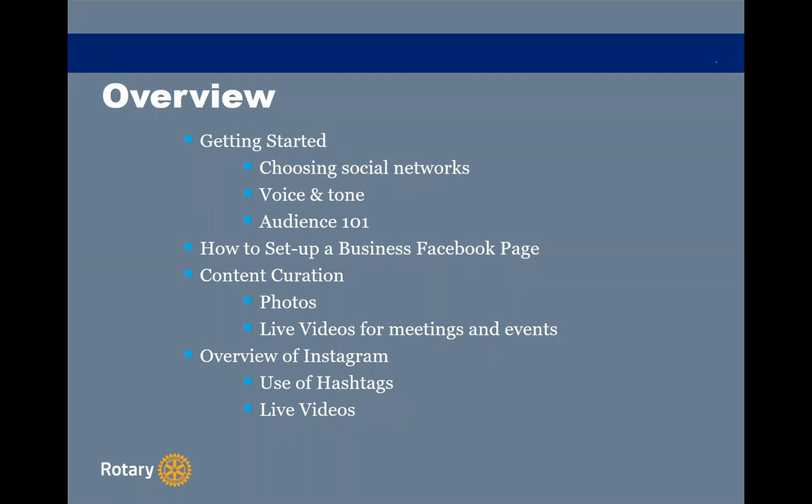Next, we're going to go over Audience 101, which is identifying who you want to present to and who is out there interacting and engaging with your social media platforms. After that, we'll do a really quick how to set up a business Facebook page.